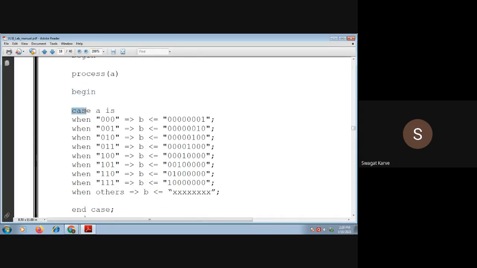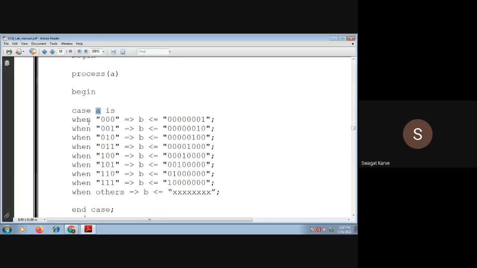We are using the case statement. Case A is when 000. Now what is 000? It is A. This case statement directly considers the value of whatever bits you have defined for A, because you are using this case statement for this particular variable.